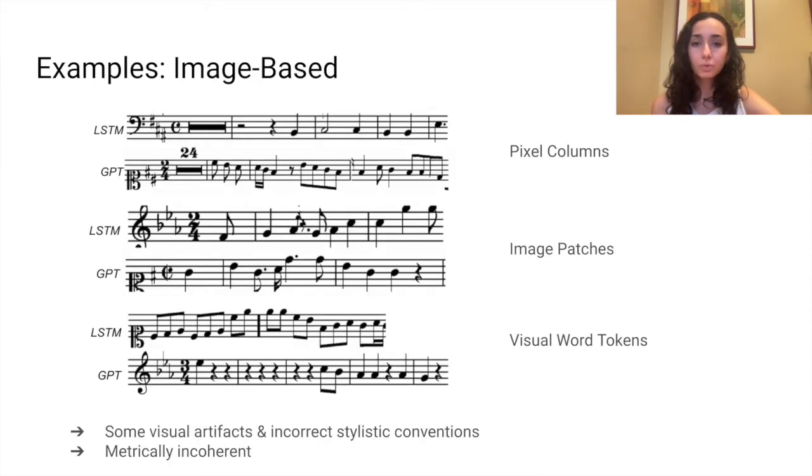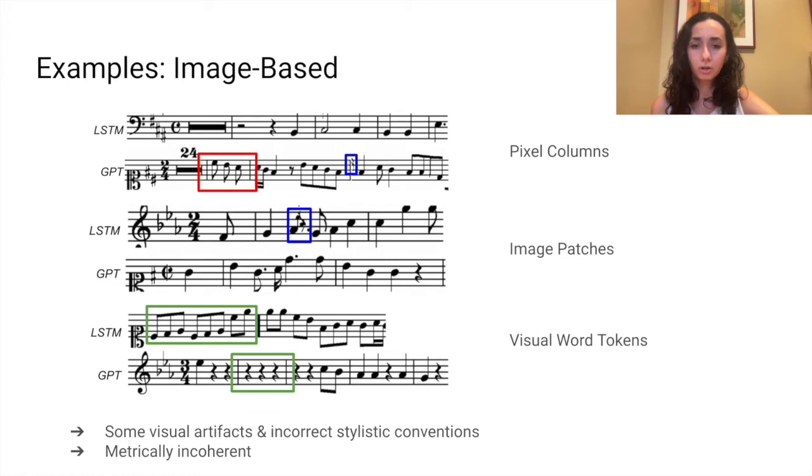Looking at our results, we see that for image-based tokens, there are some visual artifacts, such as this image patch here not looking clean. We also see that they don't obey stylistic conventions, like the incorrect grouping of eighth notes here, or the 3/4 rests instead of a whole rest in this bar. Another observation is that they are metrically incoherent, meaning most of the time we don't have the correct number of